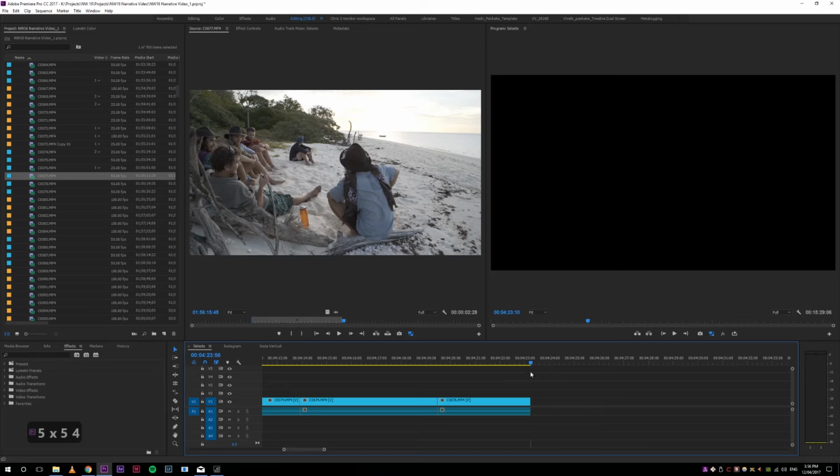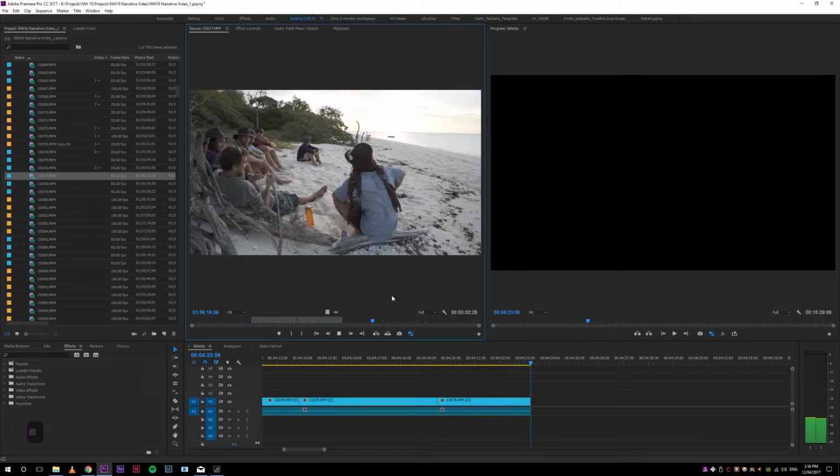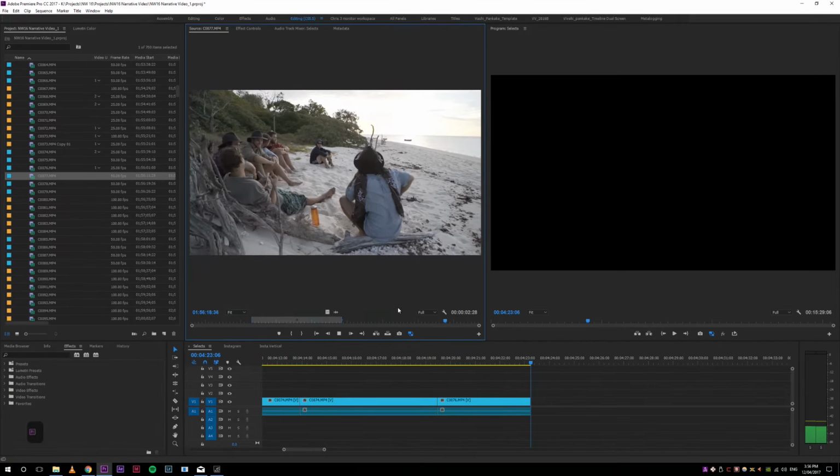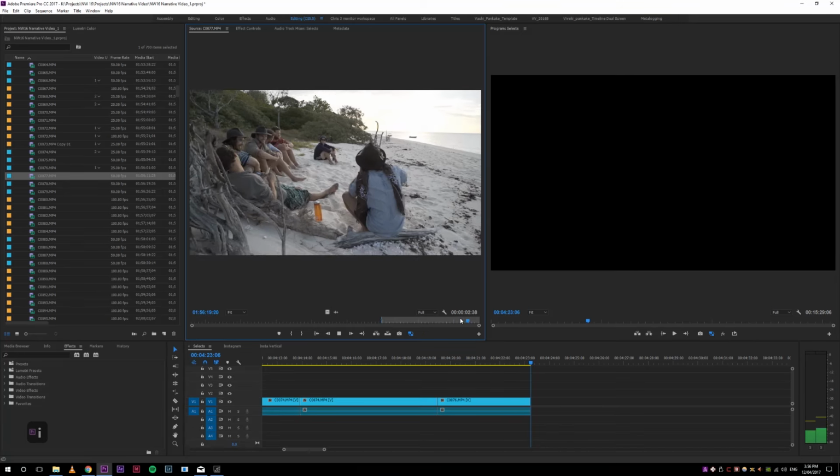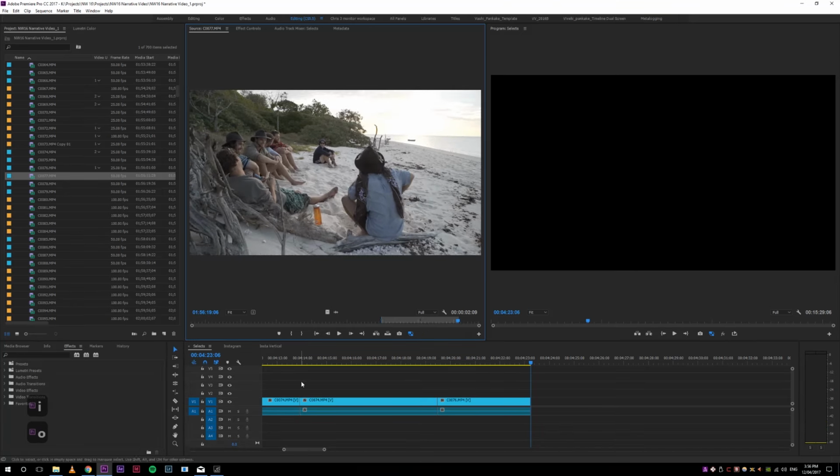When I'm scrubbing like this, I can click shift and just automatically snap to the end of the timeline. So that's what I generally do when I'm about to import another clip. I've got my clip right at the end there, and then I come up to my project window, and when I see a bit I want, like right there, I can just select my in, and just before it gets wonky I'll select my out, click the dot key, period key, and it'll just drop that clip down here,